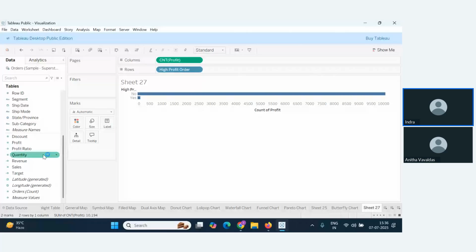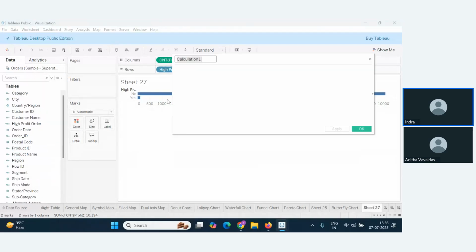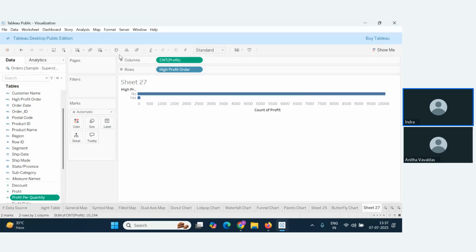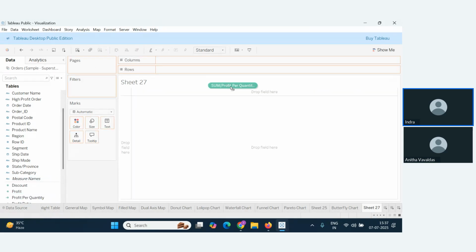Next, let's say I want to find out profit per quantity. Okay, profit per quantity. So how to find that? Again, go here, calculation field, give here as profit per quantity. Formula is very simple. It's nothing but profit by quantity. Click on apply. Okay. Now, if you see here, let me clean this. Profit per quantity,